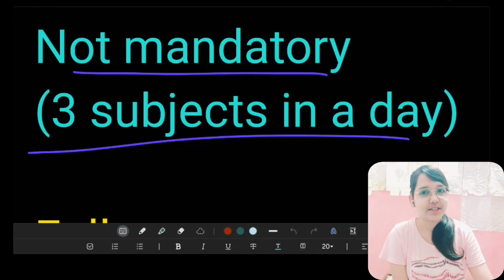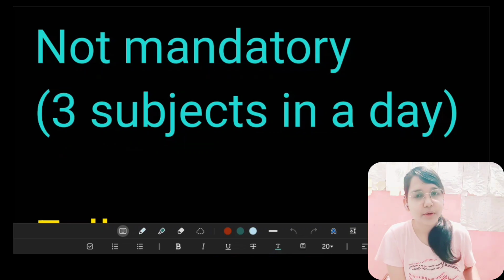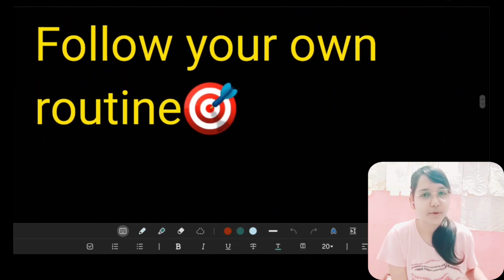That thing, if you assign a specific time for that chapter, then you'll get to know what extra time you needed and wasted, and that specific precious time you can put in for your revision. And the most important thing is follow your routine. Be strictly disciplined for your routine, alright?